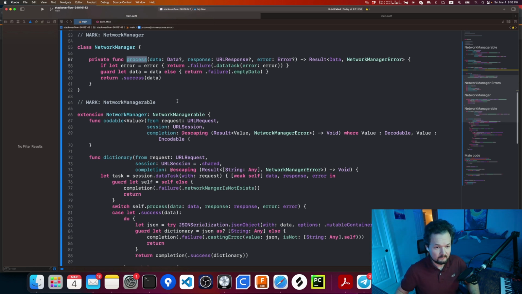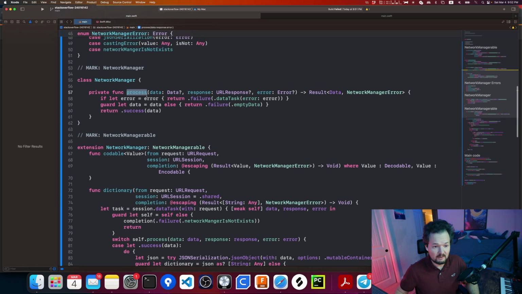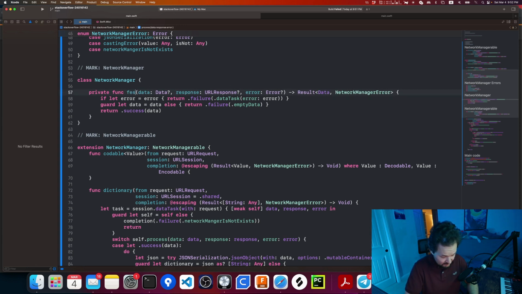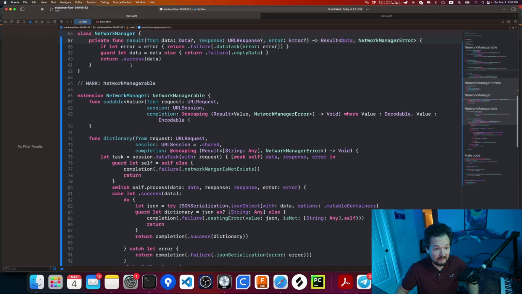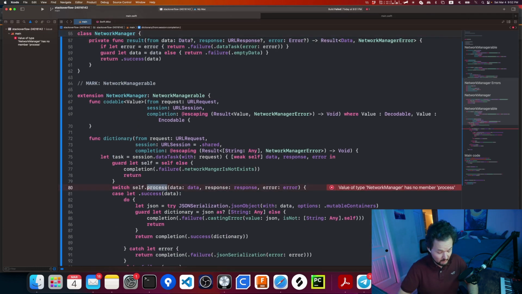So, process. So we read here error response, error. Okay, like what we're doing in this function, we have data, response, and error, and we transform it into this result. The same result, yeah, because this is transformation. We take 3 properties and transform them into 1, right? Okay, and right now it is going to be this result. Wonderful, right? Result